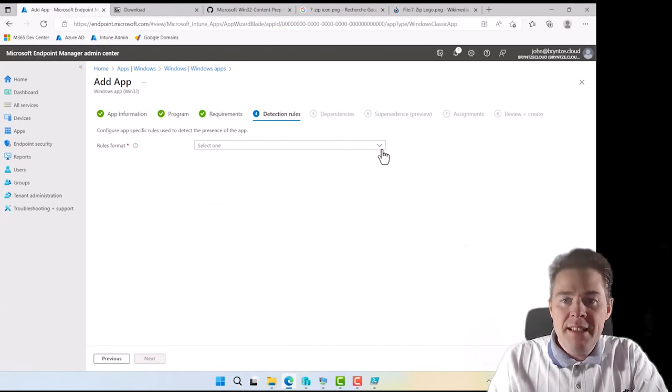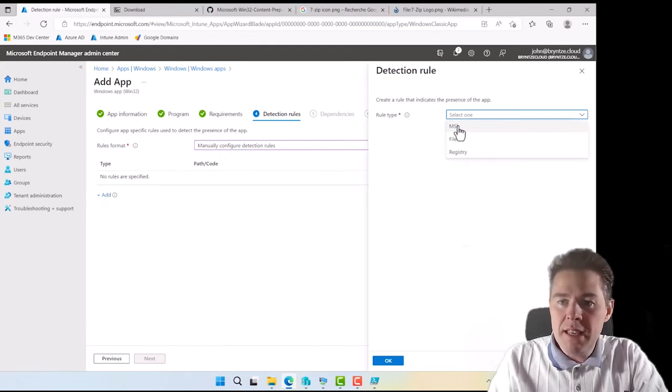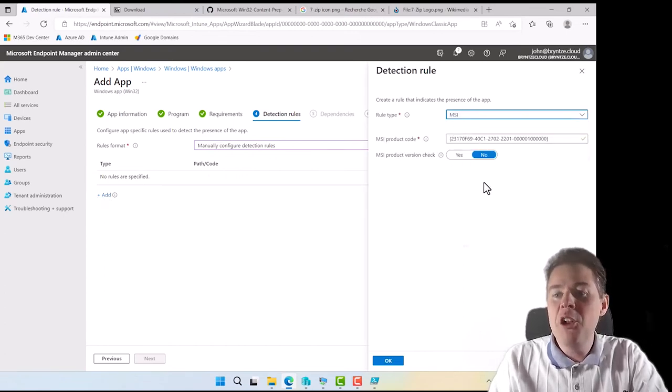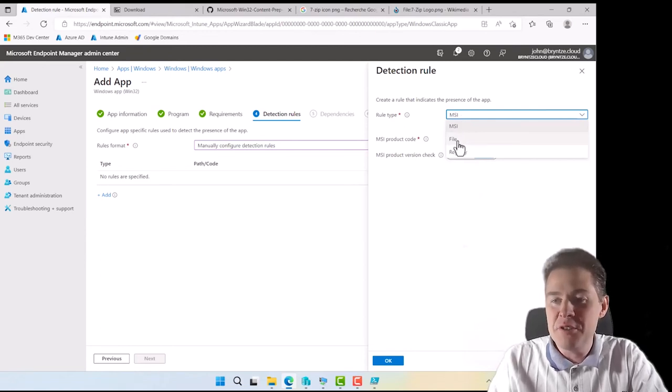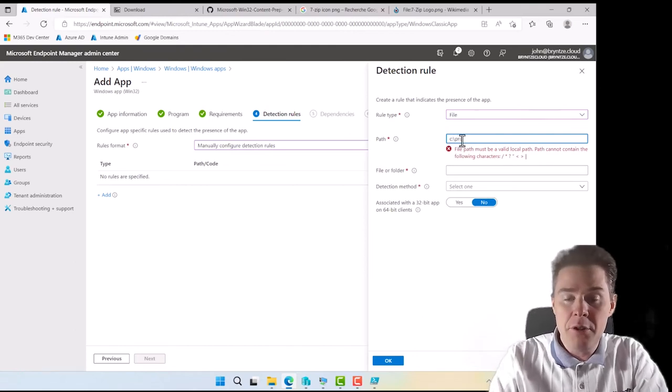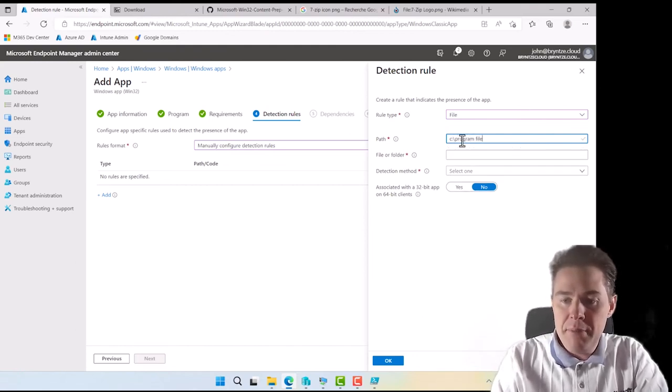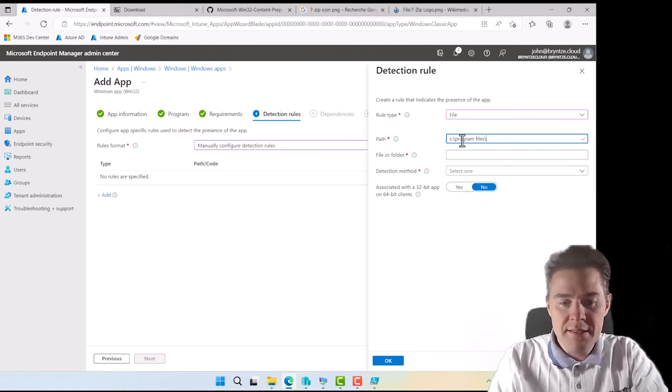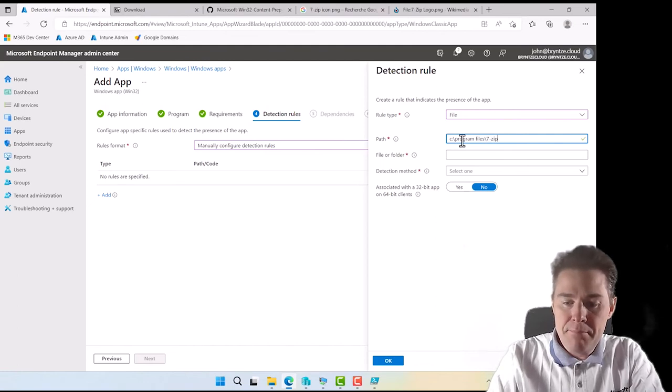Detection rule. This one I would like to do a manual one. So one that would work would be to take the MSI. So if you're following along this video because you want to make it work, do that, choose MSI. I want this to fail in order for us to troubleshoot and see in the logs. So I'm going to look for FilePath, which is a very good method, but I want it to fail. So I'm going to, on purpose, make a mistake here. 7-zip, and I think that's the path, and the file is